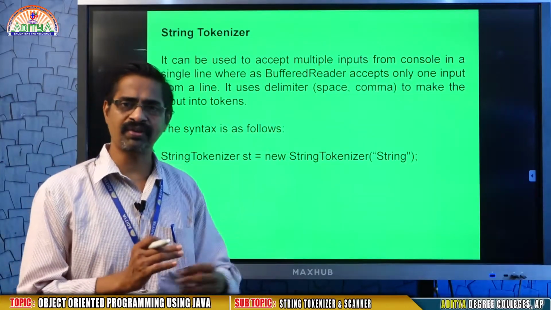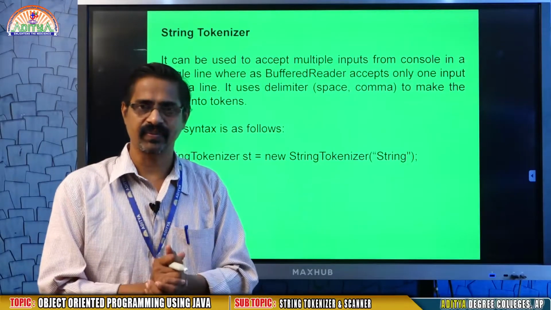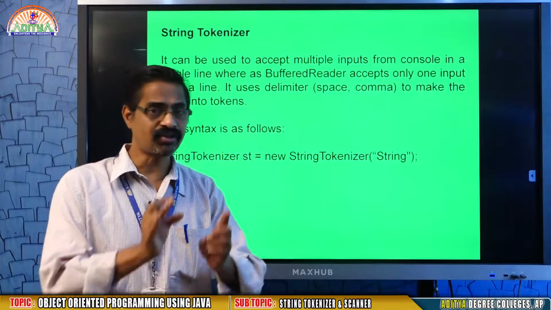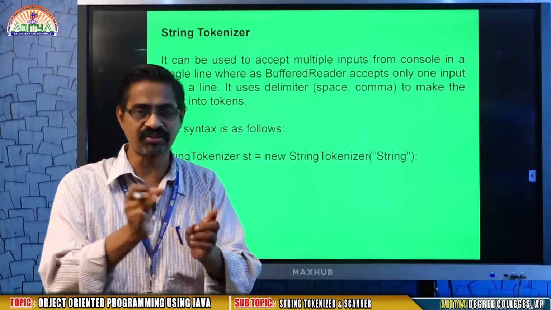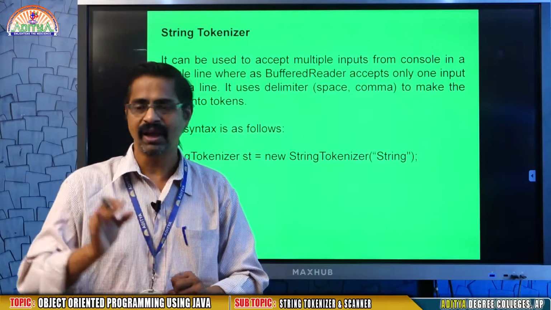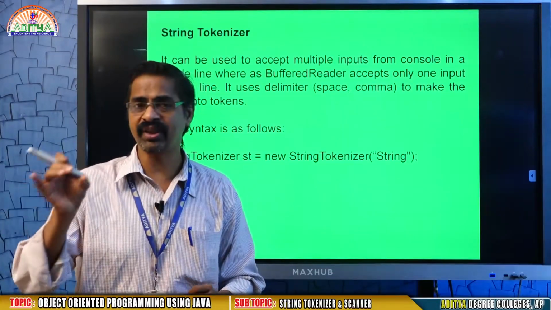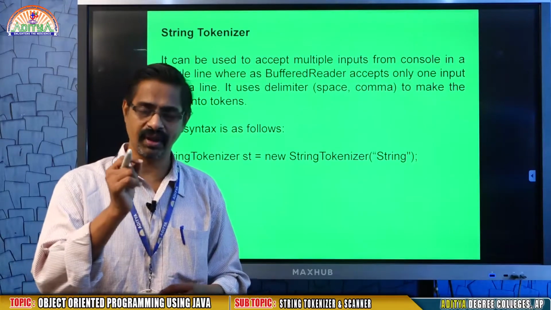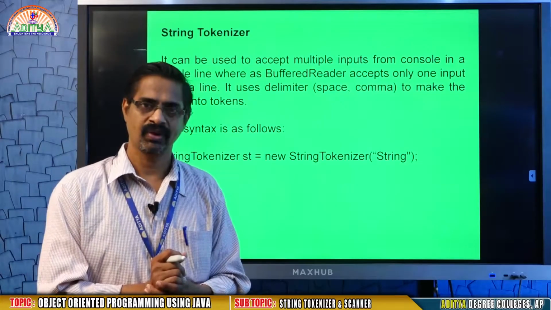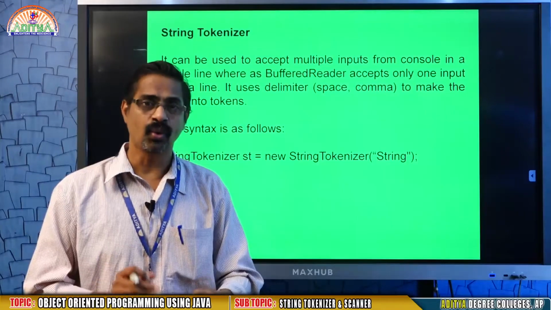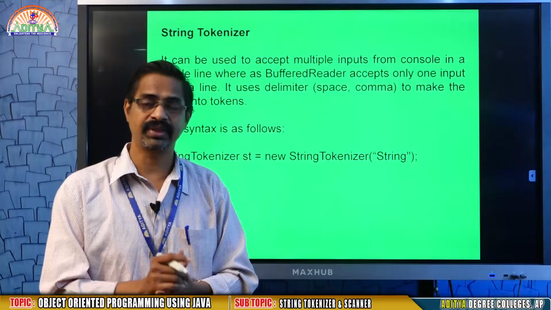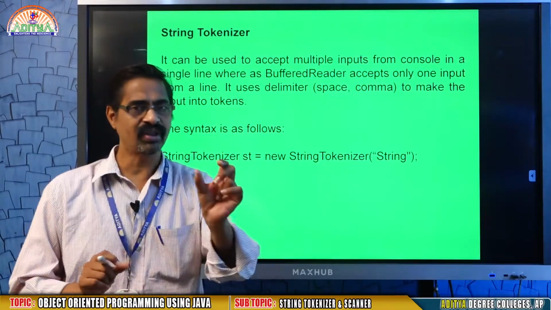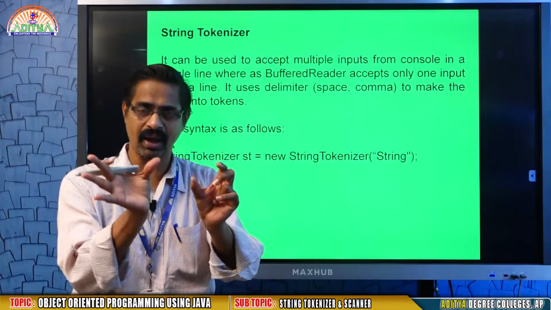The purpose of the tokenizer is that it will cut the string based on a delimiter. That means Aditya Degree College. Between Aditya and Degree there is a space, that is a delimiter, and between Degree and College also there is a space. Or you may use a comma in place of a space. When you have such strings, we can divide them easily. The part we are dividing is called a token. A token means a small word among a big string.